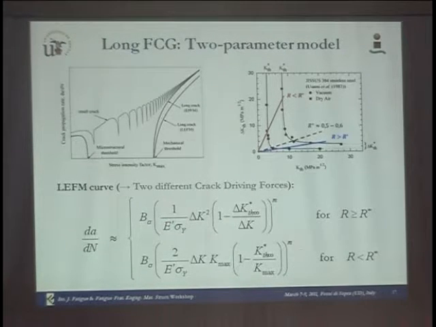And if we are working in the regime where the maximum control threshold is active, then the crack driving force must be represented by a combination of delta K and K max. And this result agrees very well with the result that we can see in the literature, the long crack curve, where they use a combination of delta K and K max to reproduce the crack propagation. To conclude,